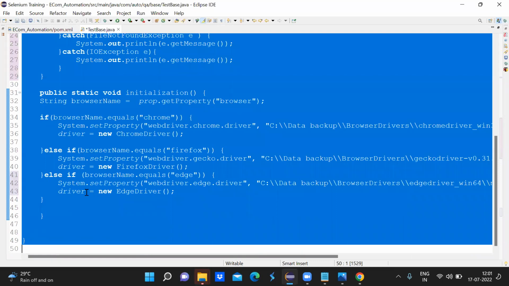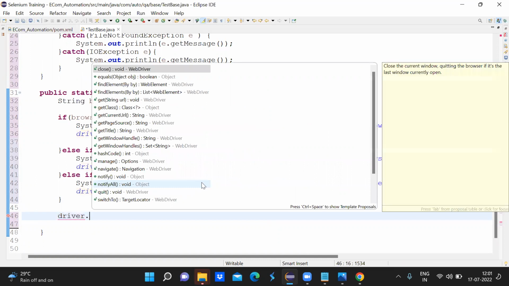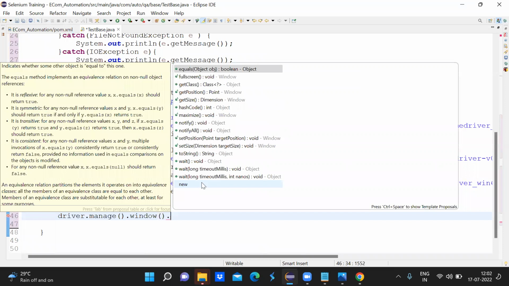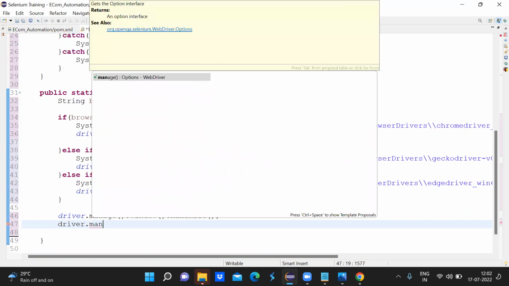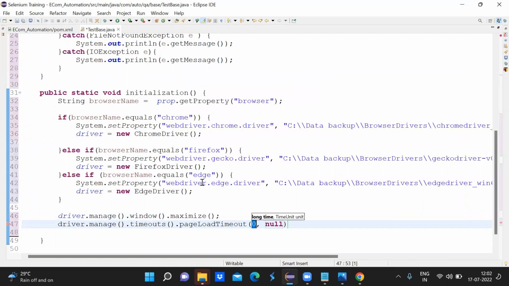put some assertions and those maximize driver window and all, right? So for that, what I have to do, driver dot manage dot window dot maximize. Then let me put some timeouts. Page load timeout. Let's say I'm giving a timeout of 20 seconds,